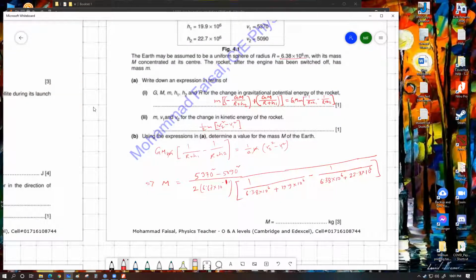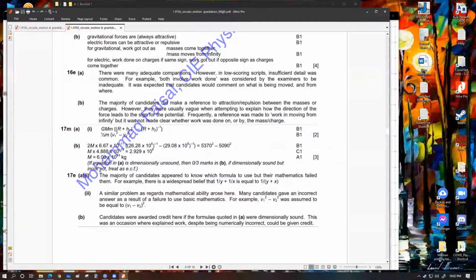5.9923. I'm getting 5.9923 into 10 to the power 24. আচ্ছা, এদের আনসার হচ্ছে কত? 6.00. If equation A is dimensionally sound, the dimension is sound but incorrect, treat as ECF. আচ্ছা, treat as ECF করলে আমাদেরকে এটা একটু ভুল হলেও ফুল মার্কস দিবে।